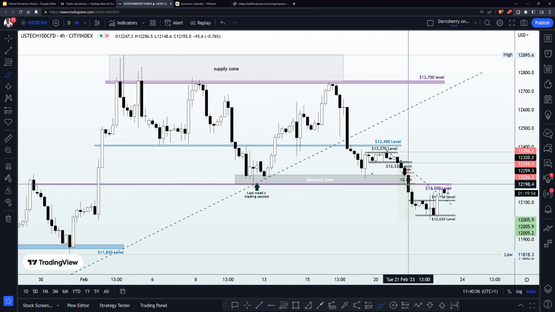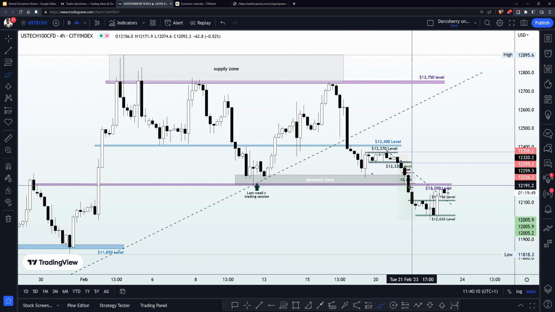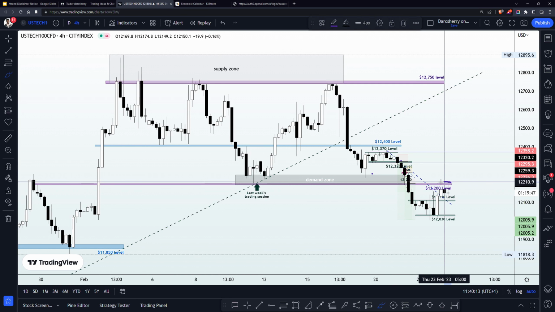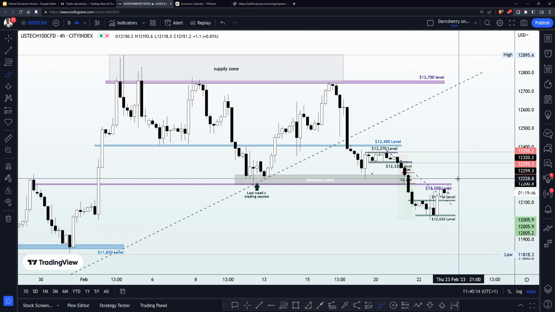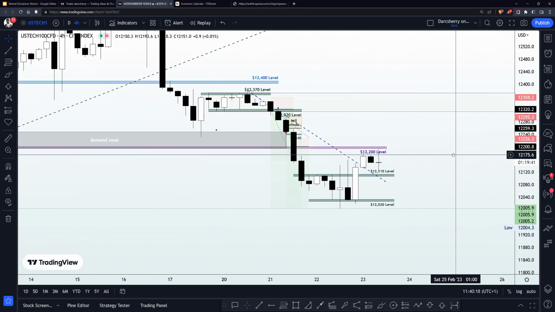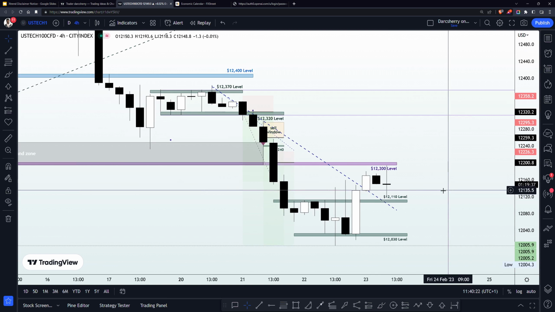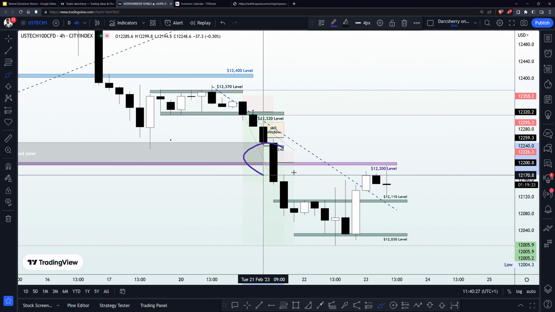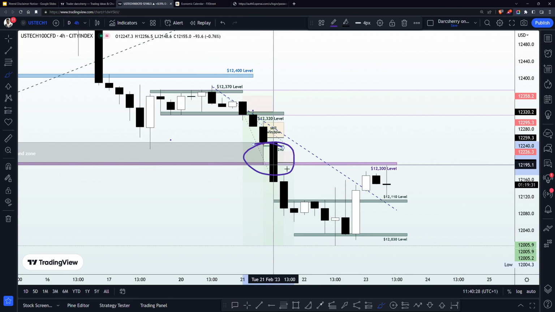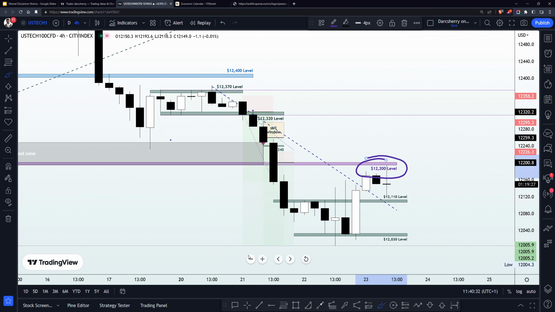And with the breakdown of the structure on Tuesday of this week, we saw that price appears to have come back into the 12,200. Let me zoom this out a little bit so that you can see what I'm trying to explain here. So in fact, we need to have a better scope of what is going on here. So we have the breakdown of that support level here yesterday, and as soon as price got into this level, we have been witnessing selling pressure around that area.